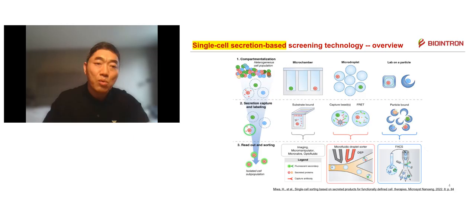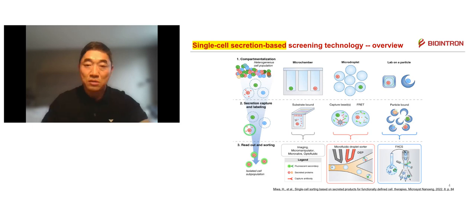First is B cell compartmentalization, which means you have to put each single B cell in a very limited room, followed by B cell culture for maybe a few hours for the antibody to be produced and released into this small room, and finally scanning and reading the signal and sorting the target B cells. Then you get those target B cells, followed by something like NGS to get the antibody coding